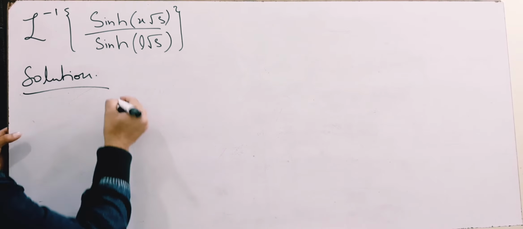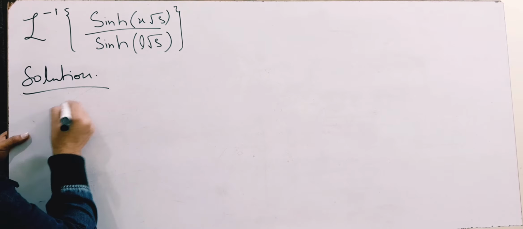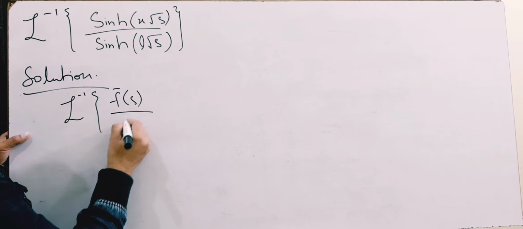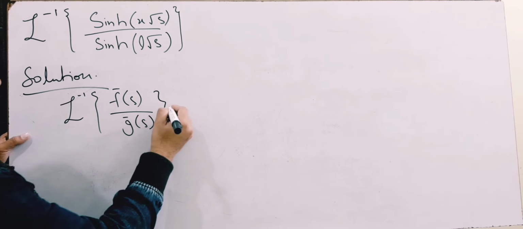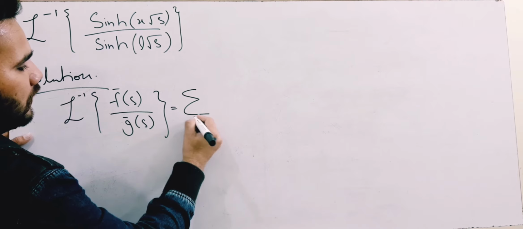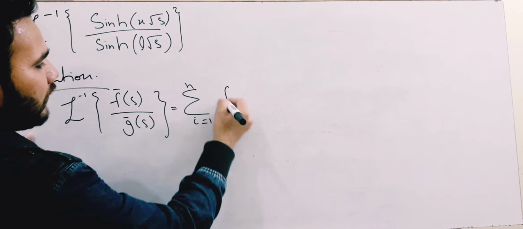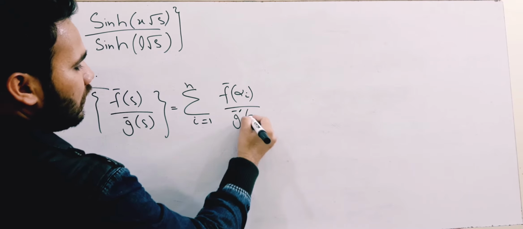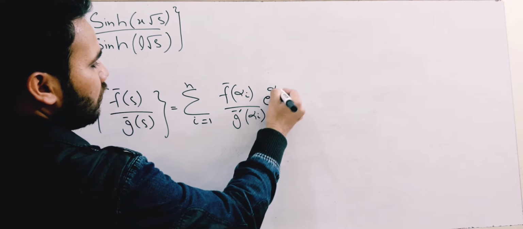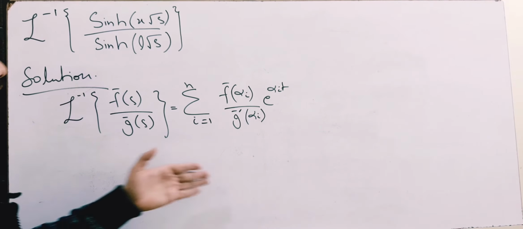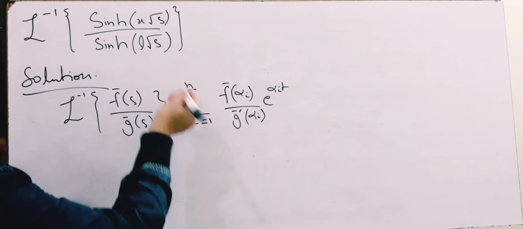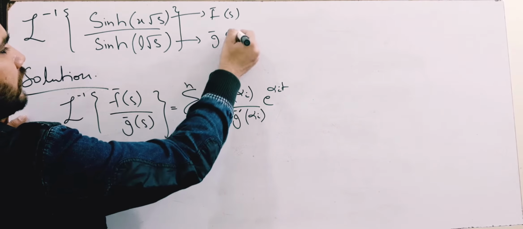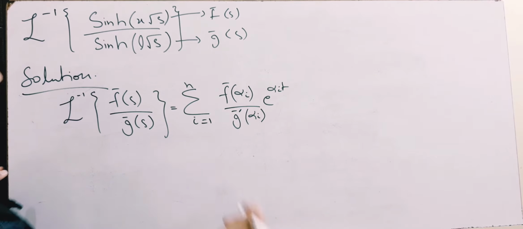The Heaviside expansion technique tells us that the Laplace inverse of f bar of s divided by g bar of s equals the summation i equals 1 up to n of f bar of alpha i divided by g bar prime of alpha i, times e power alpha i t, where alpha i are the roots of g bar of s. Let's say this is f bar of s and this is g bar of s. For the roots of g bar of s, we know that